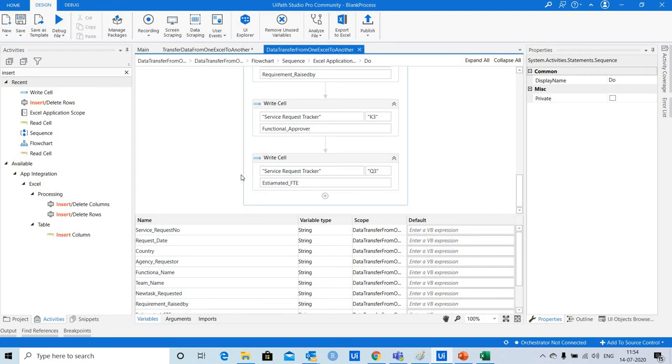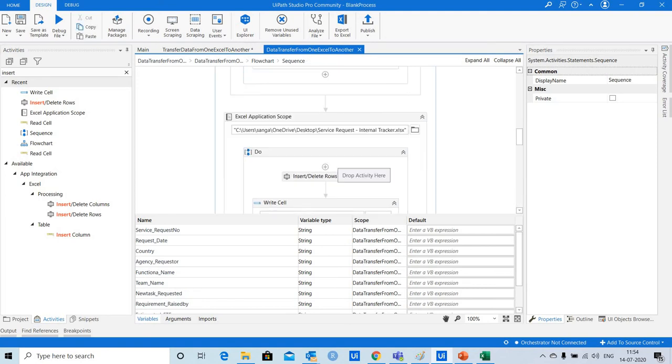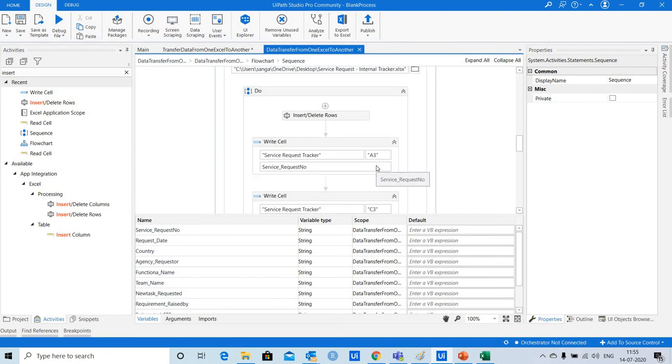So friends, till now I have read the data from one particular Excel file and stored each cell data in respective variable by defining individual variable for each cell data. And then next again I have used the Excel application scope activity for opening internal service request tracker file and writing the input file captured data into each cell of this internal service request tracker file.